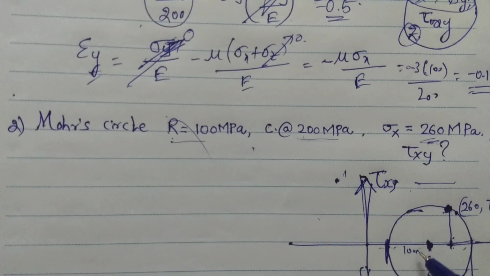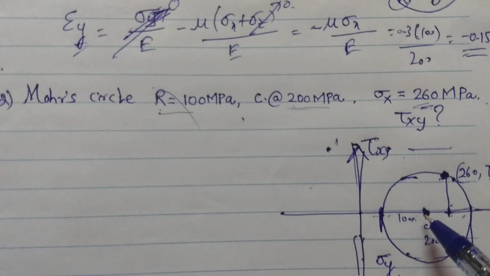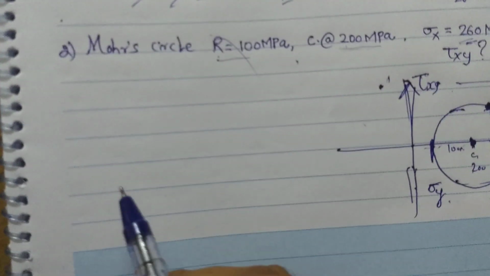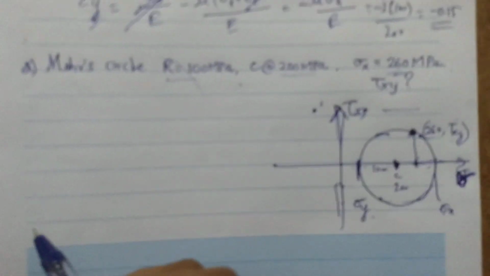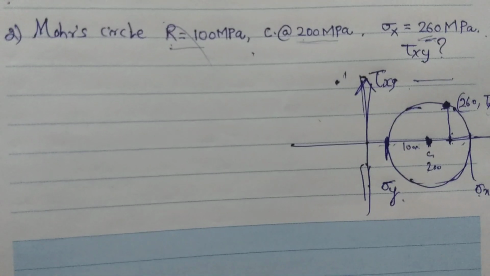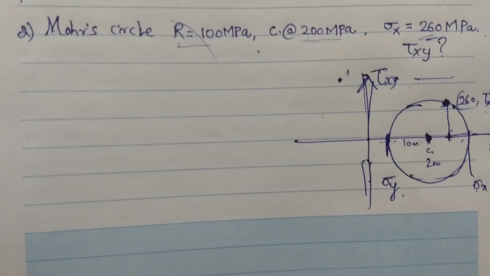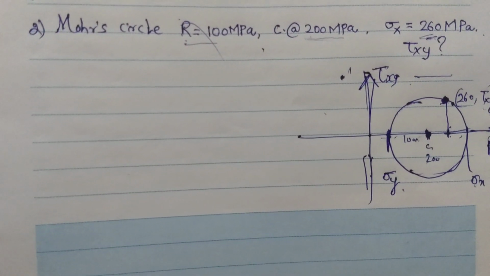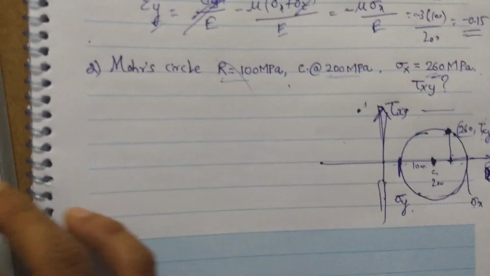The radius is known as 100 MPa. Now we need to find tau xy. As we know, a well-known formula establishes a relationship between normal stress, shear stress and the radial component of a Mohr circle, which is